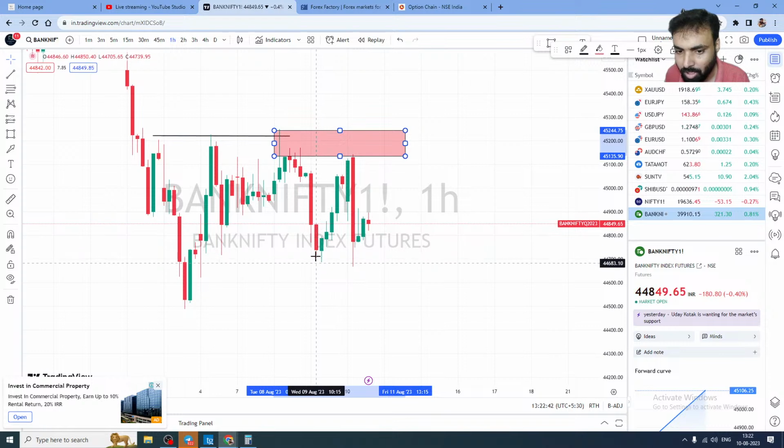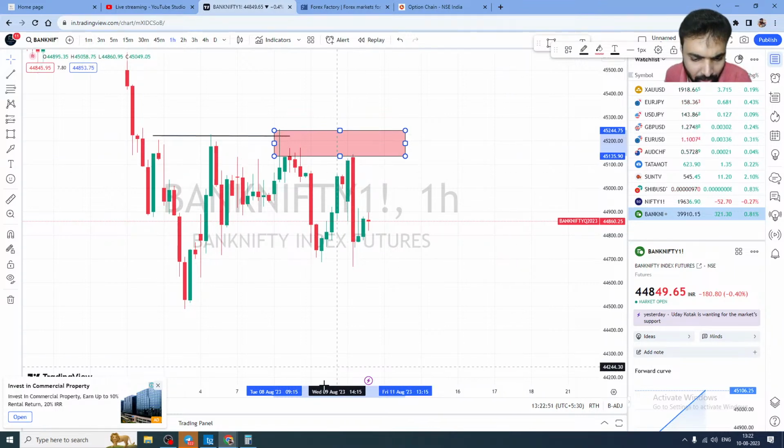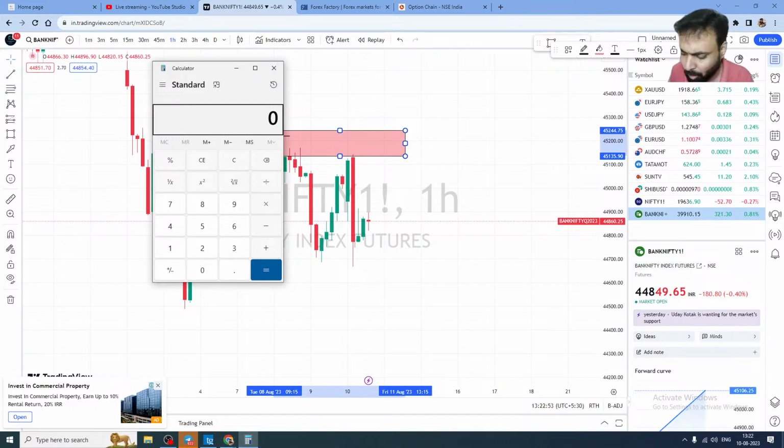You are watching the market from here, then you are buying a put option here. Let's say it's 300 rupees, for example, the option price is 300 rupees. So you are buying one lot of put option. So 300 into 25, 7,500 rupees. Using that you would have bought the put option here.